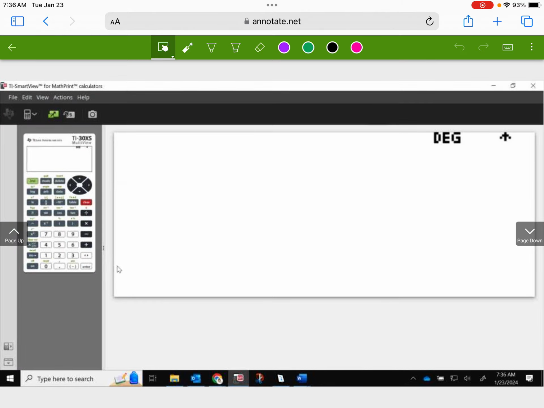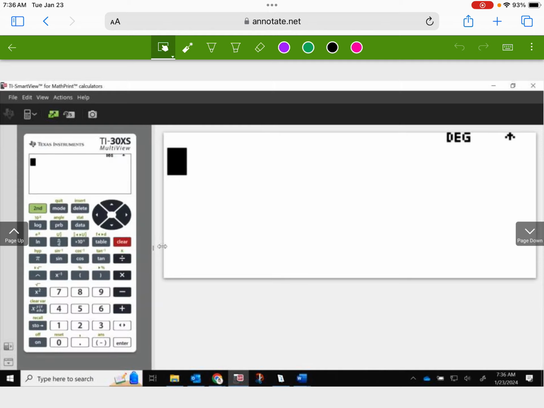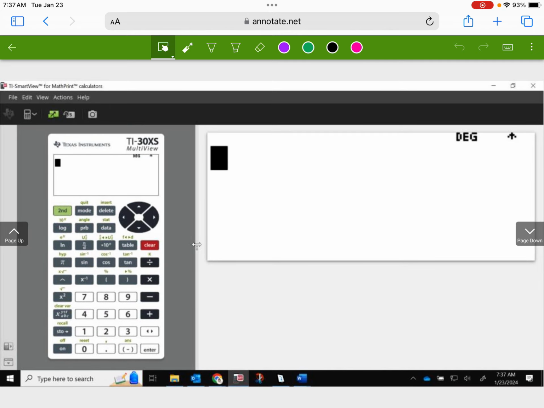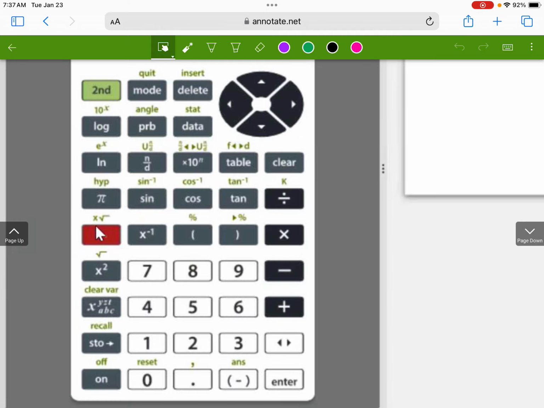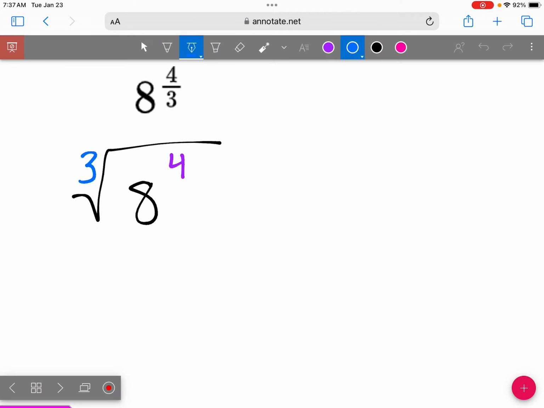We can find 8 to the 4th. That's 8 to the 4th. 4,096. Super gross. So this gives us the cube root of